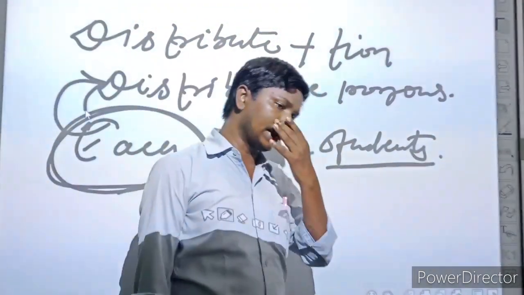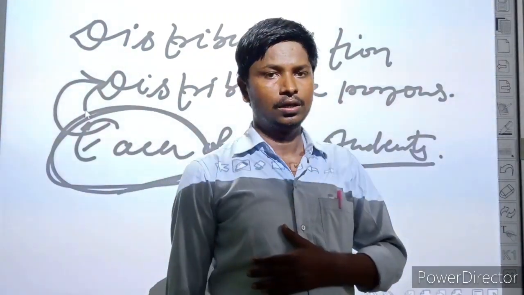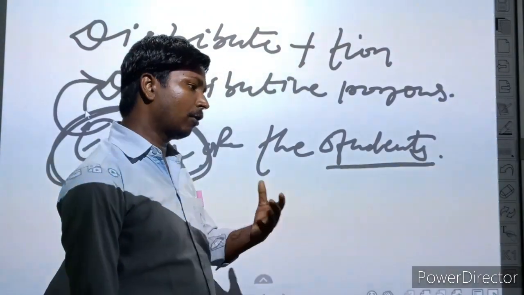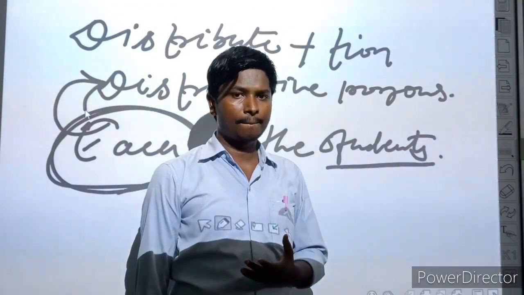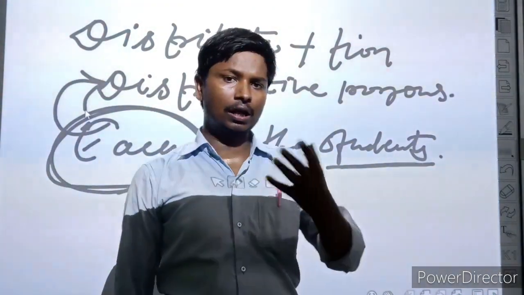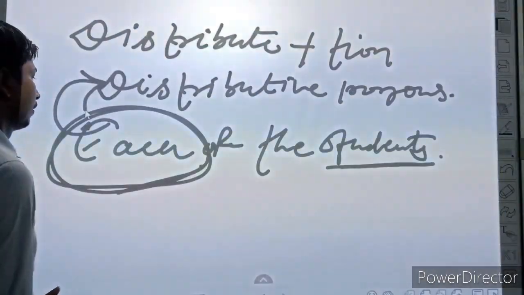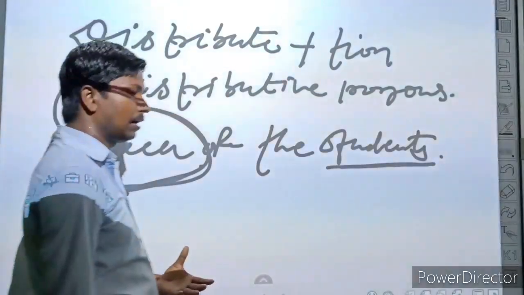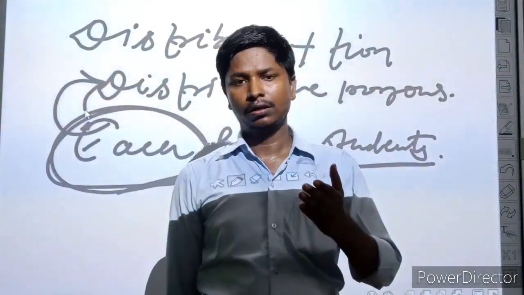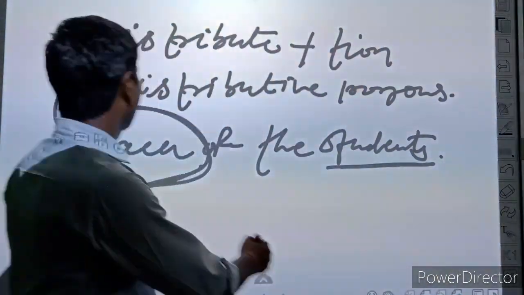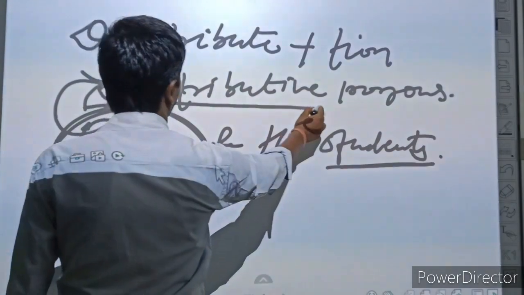Each one of the students has been given a very good prize. Every teacher has given a very good speech. Every member of my family is very good. Each one in the crowd is familiar to me. This type of sentence that starts with each, every, each one, another, then it can be said a distributive pronoun.